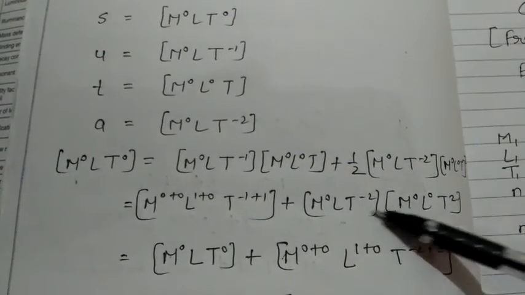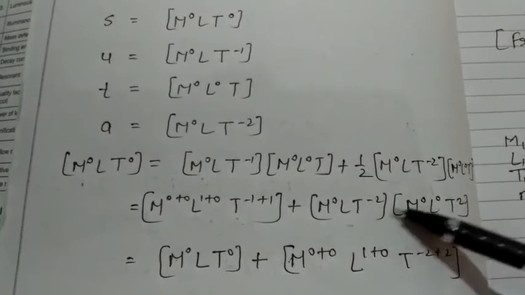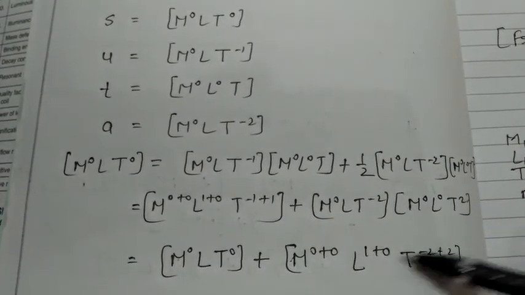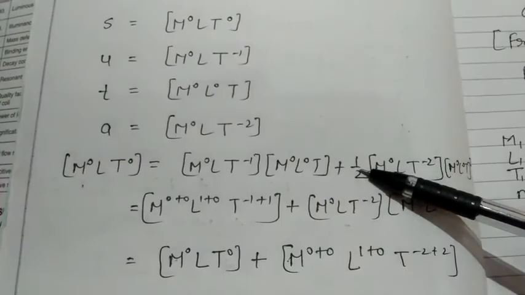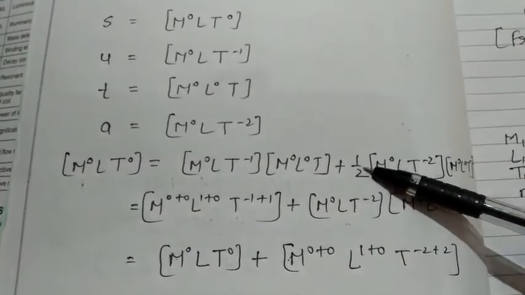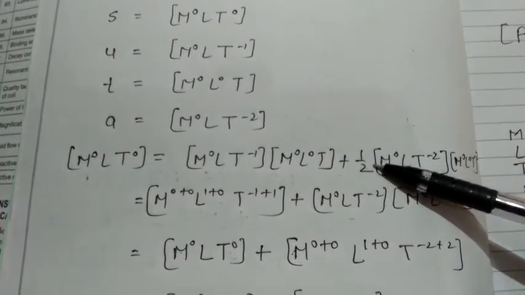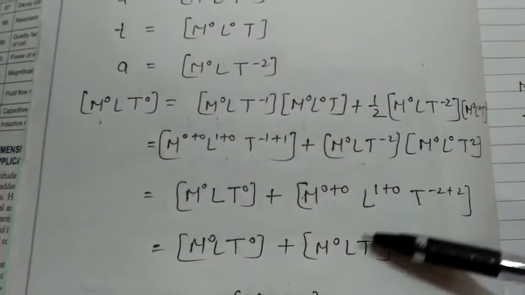And a similar thing we have done here also. These two are in multiplication, so we have done the same thing here. And half is an integer. It is dimensionless, so we have neglected half. Okay. And by solving this, we got these two,